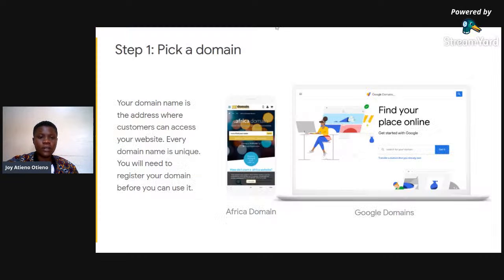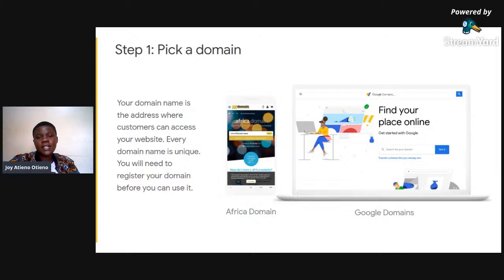So let's look at how you can develop your e-commerce offering. So in developing your e-commerce offering, number one is that you need to pick a domain, right? So your domain name is the address where customers can access your website. Every domain name is unique. So the domain name, you'll find a URL is